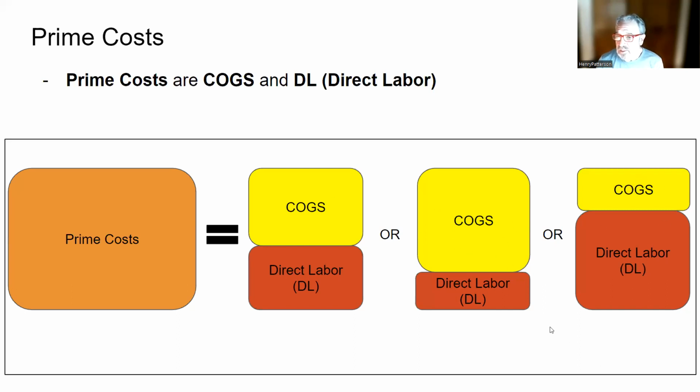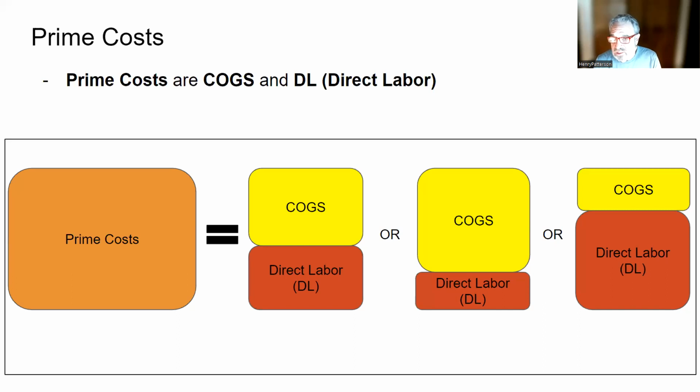In another setting, for example, a lot of coffee houses will buy pastry already made, and they're going to spend a lot more on cost of goods. But since this stuff is already made, all they're doing is buying it and selling it. Their direct labor is potentially lower, but the combination of